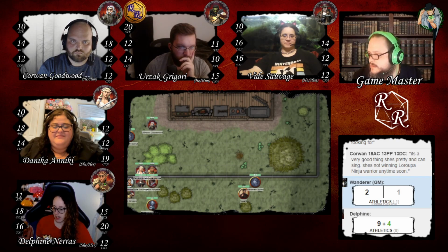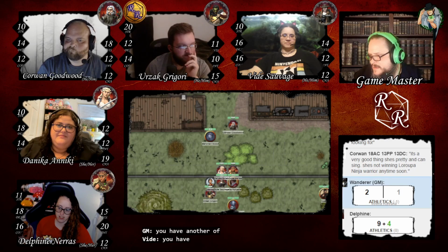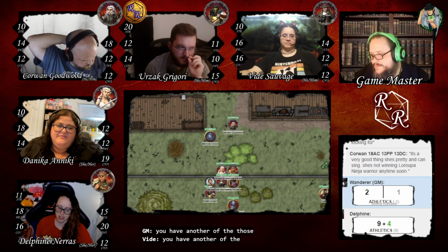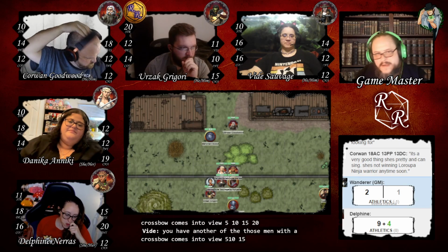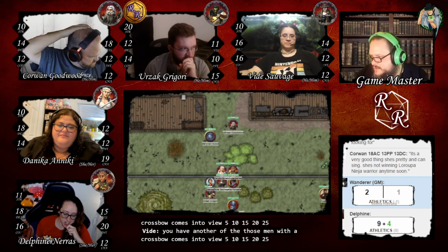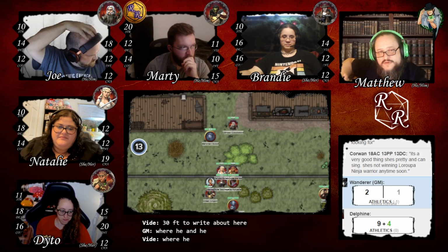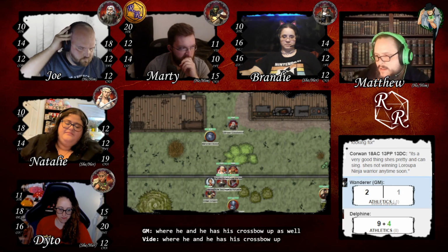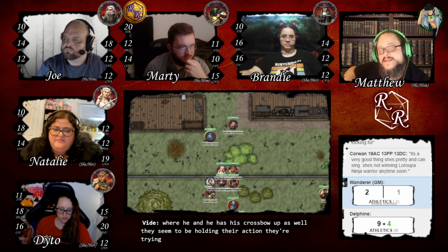Let's see here. We have another of those men with a crossbow comes into view. 5, 10, 15, 20, 25, 30 feet to right about here, where he has his crossbow up as well. They seem to be holding their action. They seem like they're trying to capture you.